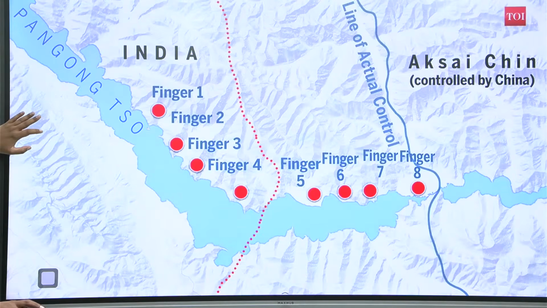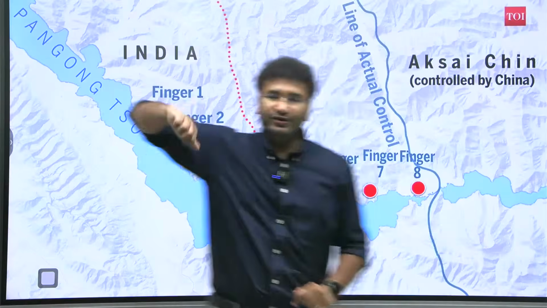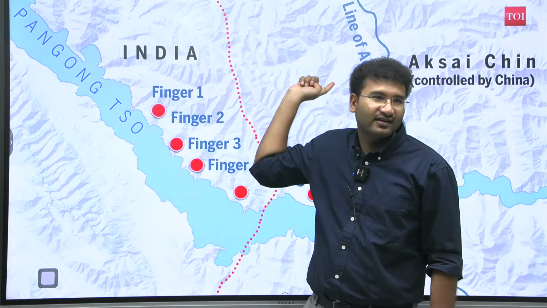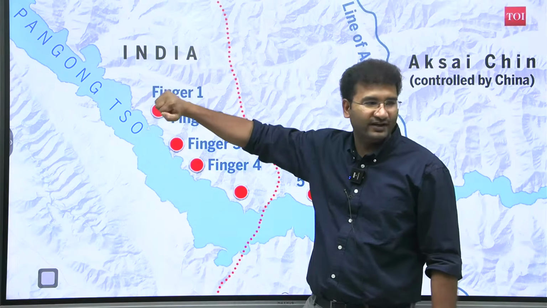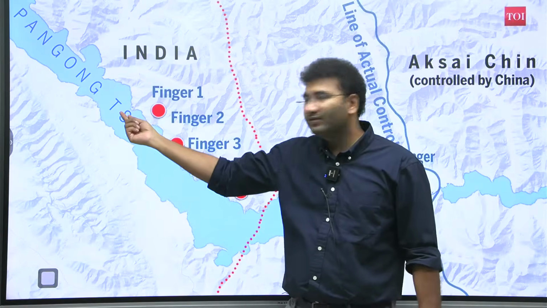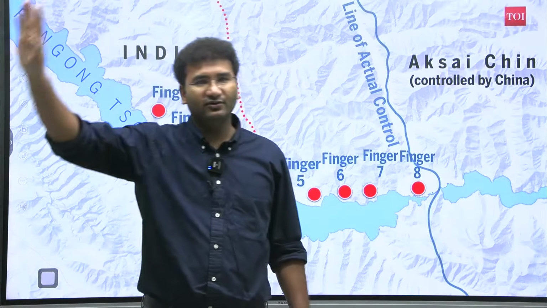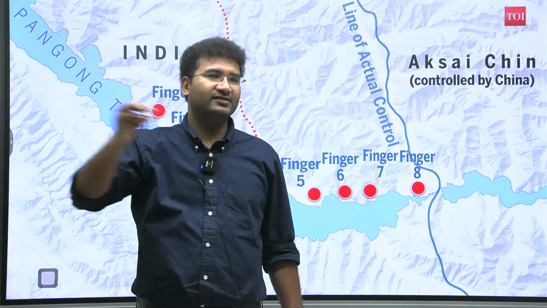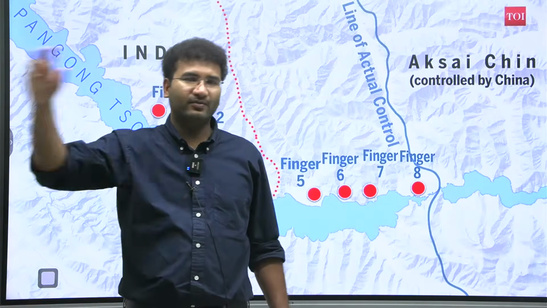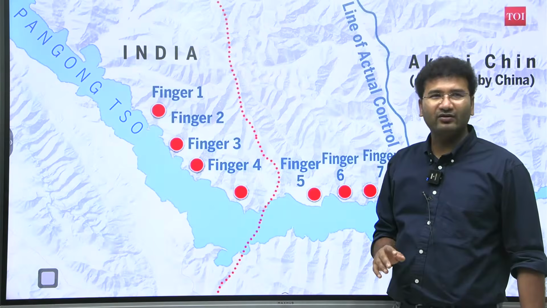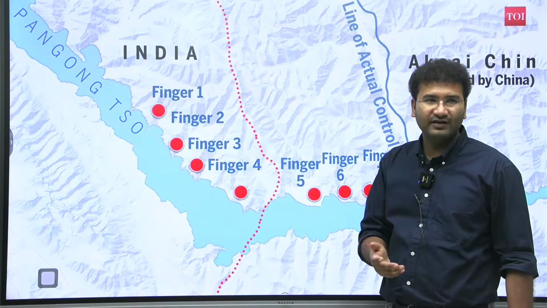We call the area of Pangong Tso the fingers. Why? Because when you see it from space, it feels like these are the fingers of China, like you put your fingers like this. The shape is like that, with land protruding into the water. So 60% of the Pangong Tso lake is under the control of China. It is India's territory occupied by China. 60% is with them, 40% is with us. When you go to Pangong Tso, that is the boundary.